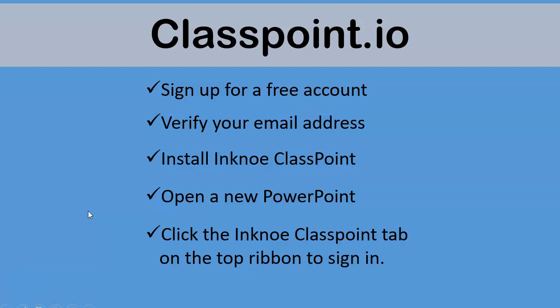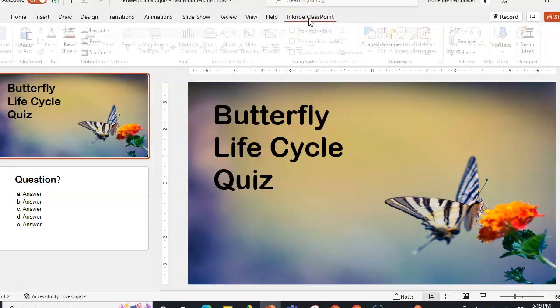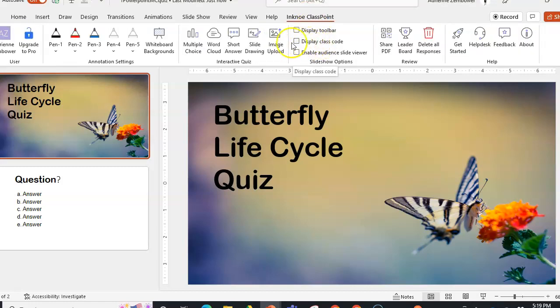Once you're there, click the InkNote ClassPoint tab on the top ribbon to sign in. Now you're ready to get started. You'll notice that now you have an InkNote ClassPoint tab on the top of your ribbon. ClassPoint makes the sign-up process super simple and guides you step by step. Once you click this InkNote ClassPoint tab, you'll see all of the different options that you'll need to make your